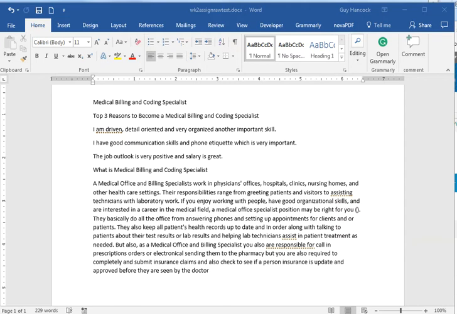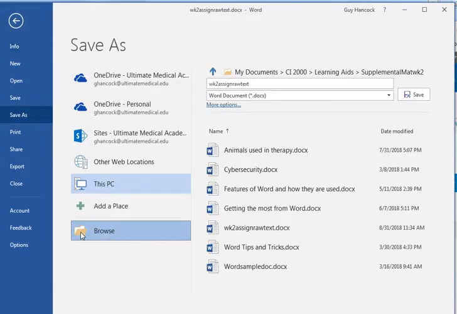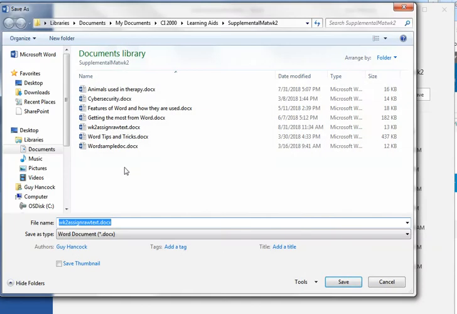Okay, everyone, I just wanted to show you a walkthrough of the week 2 assignment so you had an idea of what this would look like. I started with just a text document, the text that we're going to have in here. I didn't think you needed to watch me type, but the first step is to do a Save As and name the file. So we'll click File, then Save As, and browse around and find a place to save this. And I'm going to call it the